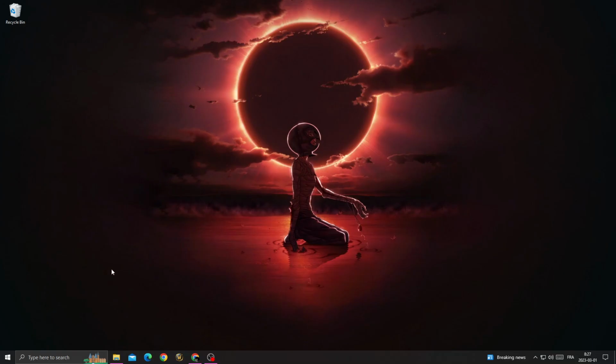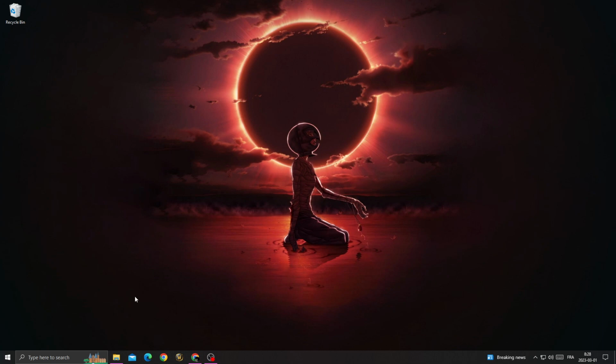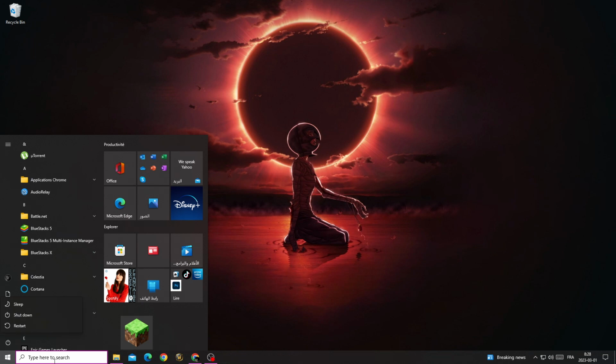Now just close all those windows and then restart your PC. You can try before restarting your PC, and if that doesn't fix your problem, just restart your PC, and after restarting your PC type